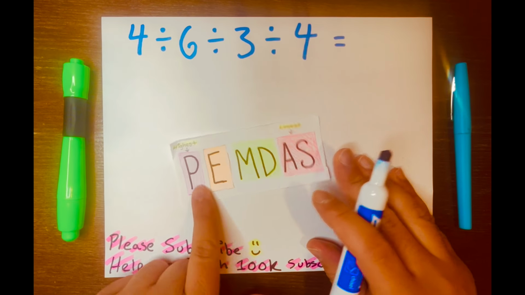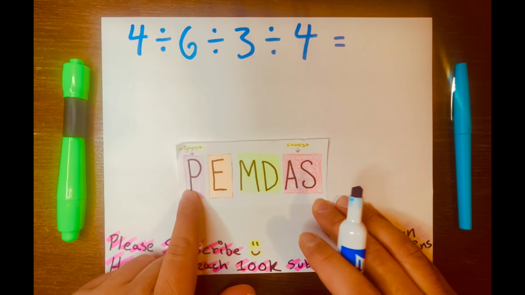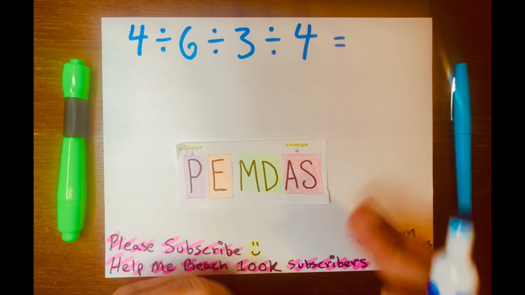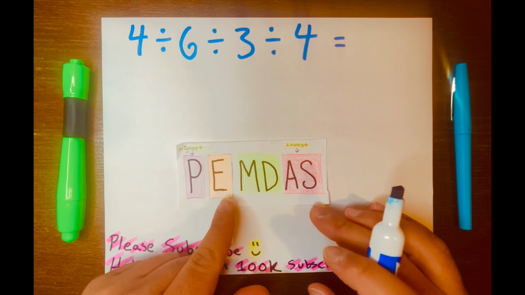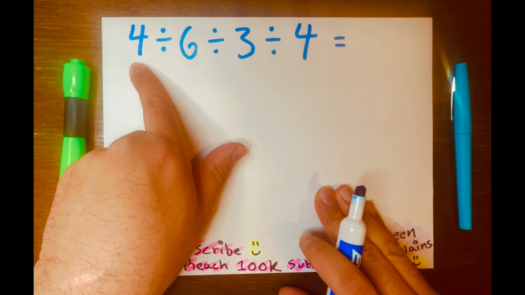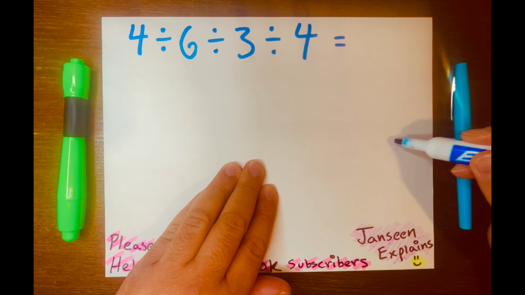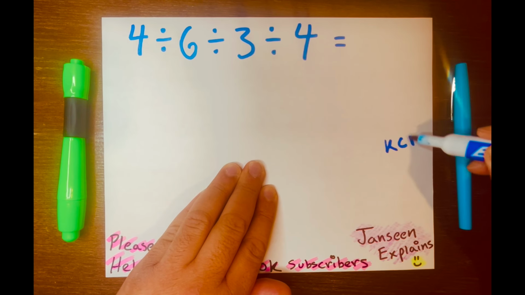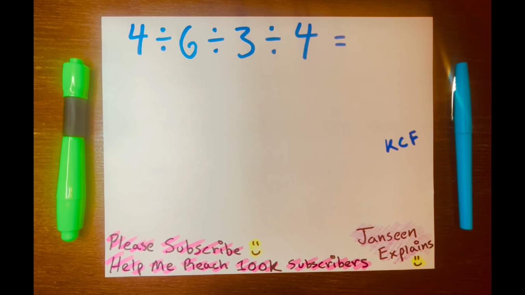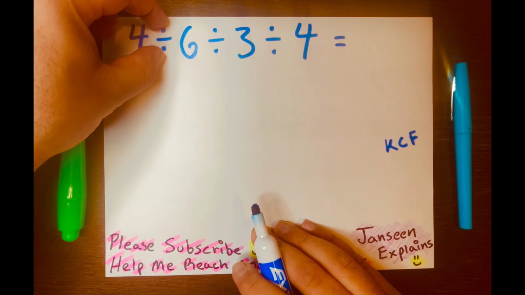They forgot to use PEMDAS. And PEMDAS is telling us, hey, you are solving the math problem from left to right according to the levels in PEMDAS. And we only have division. So all we have to do is just divide from left to right, and then we'll use this keep, change, flip rule or method. So we'll keep the first part, we'll change the division to multiplication, and then we'll flip